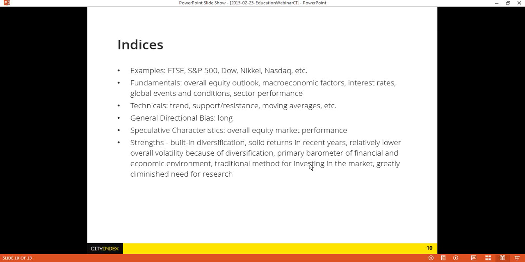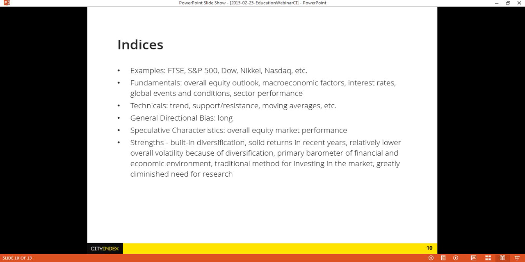Okay, so indices are a primary barometer of the financial and economic environment. It's the traditional method for investing in the market, and it greatly diminishes the need for research as opposed to individual shares. Okay, so if you are trading individual shares, you're going to need to research those shares if you want to do well. Okay, if you're a day trader, maybe not so much, but